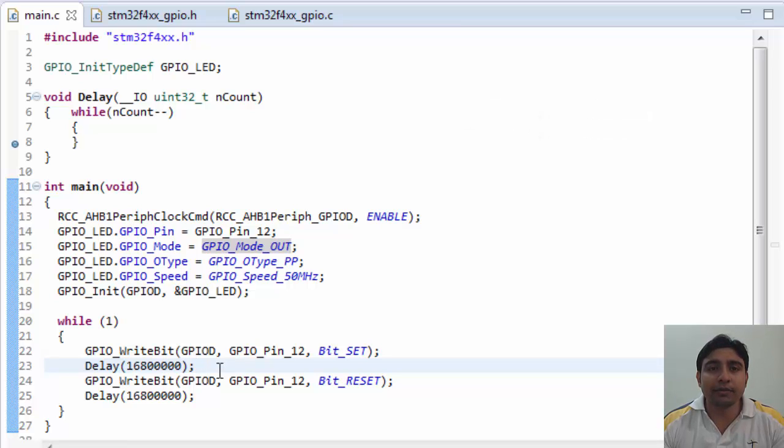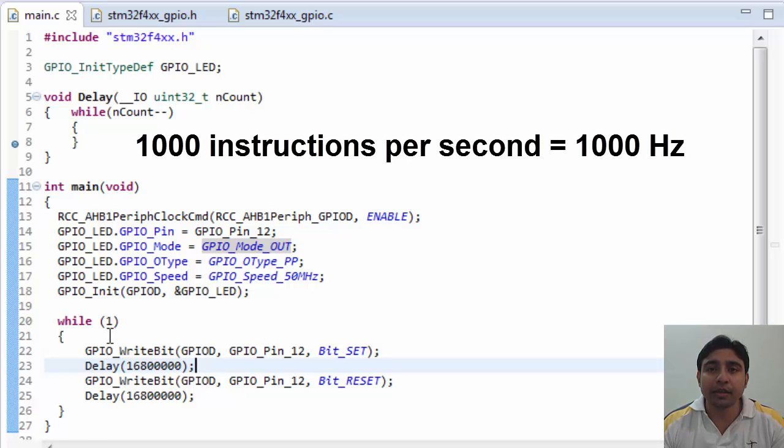Till now, we have written a complete program to make an LED switch on and then to make it blink. But there is one thing that we still didn't put our focus on, that's frequency. Frequency is the speed at which a microcontroller executes instructions. For example, if a microcontroller is executing 1000 instructions per second, then we say its frequency is 1000 Hz.